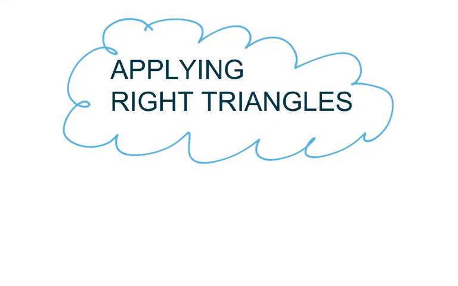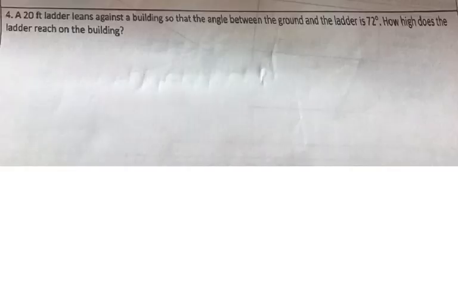Okay, everyone, what we're going to do is apply some right triangles. Now, we started this in class, but I decided, you know what? Let's do a couple of the ones that I assigned for homework. That way, that'll give you a chance to check your answers before we come to class. Anyways, here we go. So this is problem number 4, and they're talking about a 20-foot ladder leaning against a